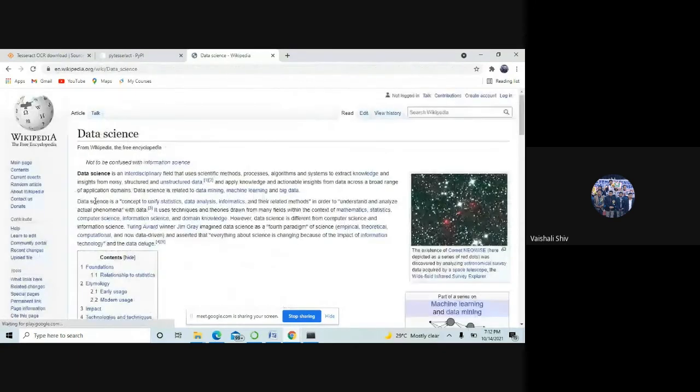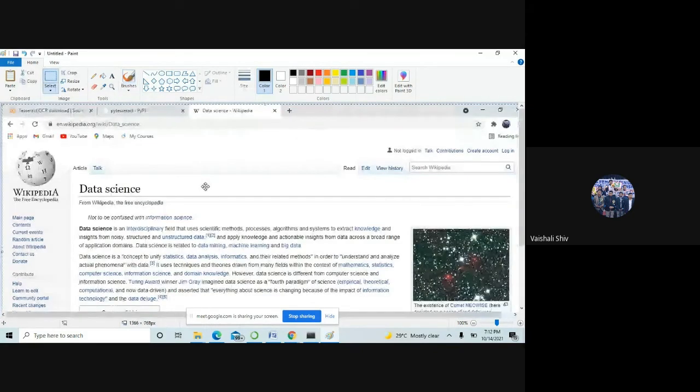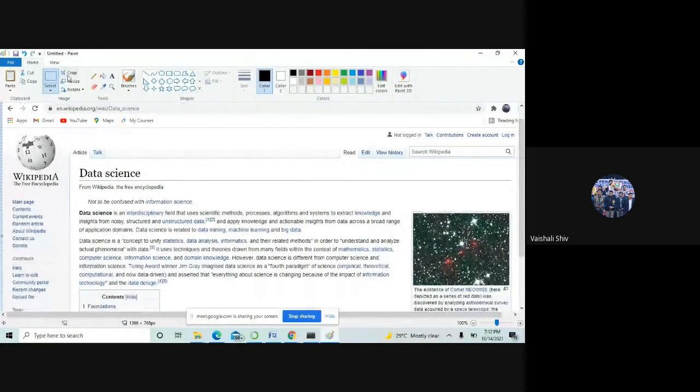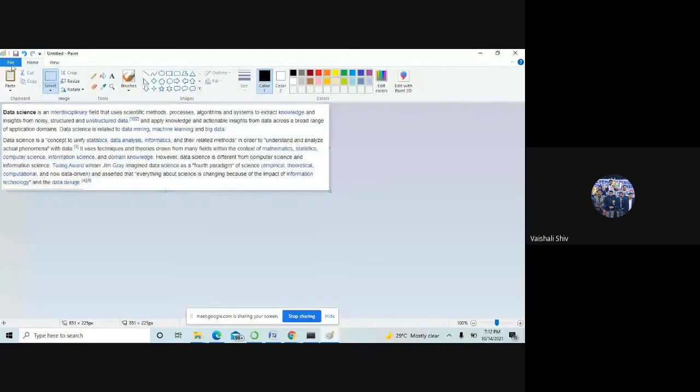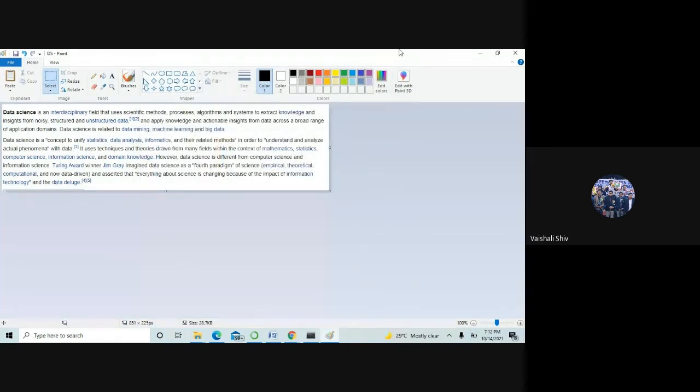Here it is, and I'm just taking a screenshot of this. We will see how it will work. Screenshot, and from Paint I will crop it. I don't have that tool, so cropping this and saving it.